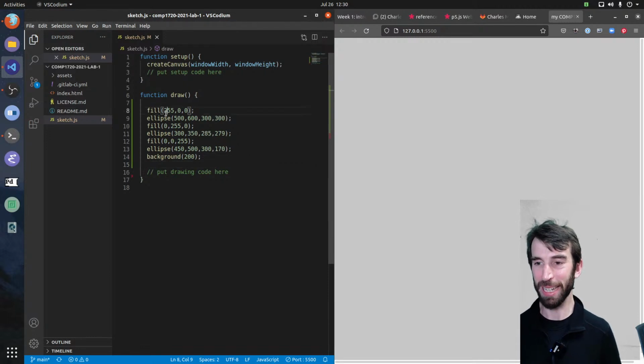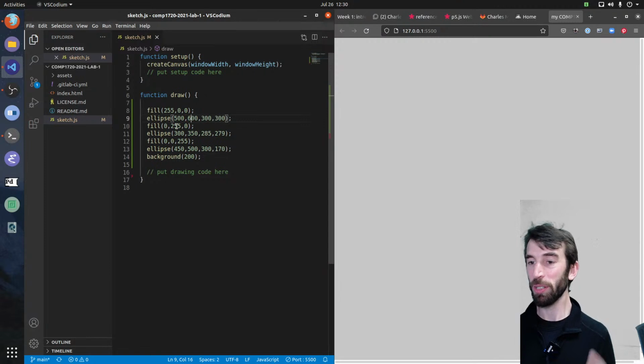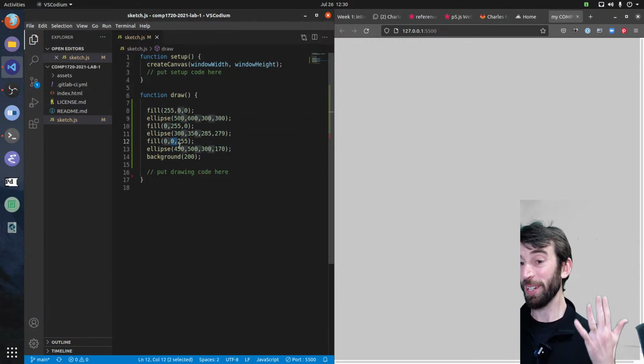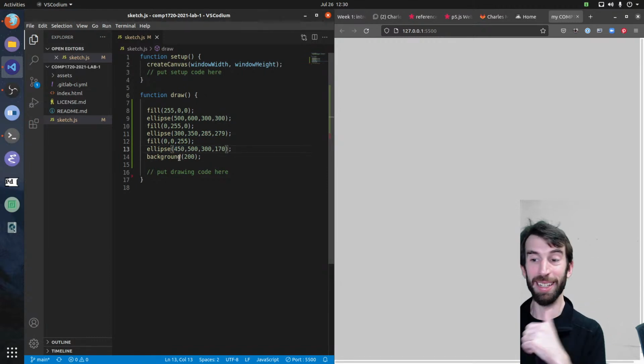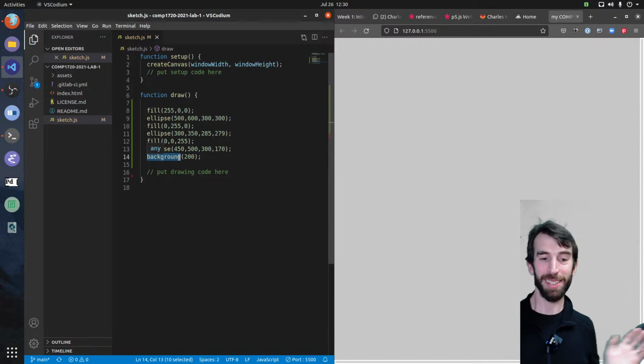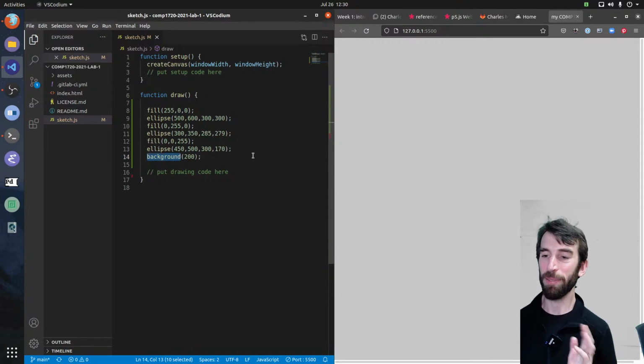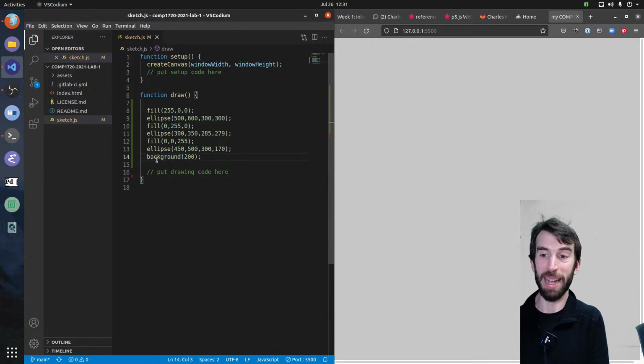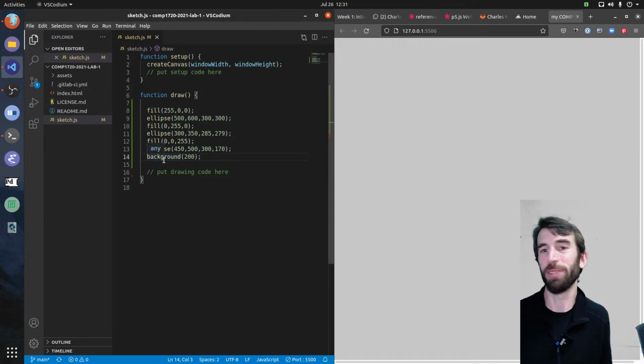So what's happening here is I've gotten out the red paintbrush, draw a circle, get out the green paintbrush, draw another circle, get out the blue paintbrush, draw a third circle, and then get out a gray paintbrush and just color all over them. And I've got nothing. So you can see how if you had a very long program and you accidentally had a background command right at the end, you might say, where's my circles gone?